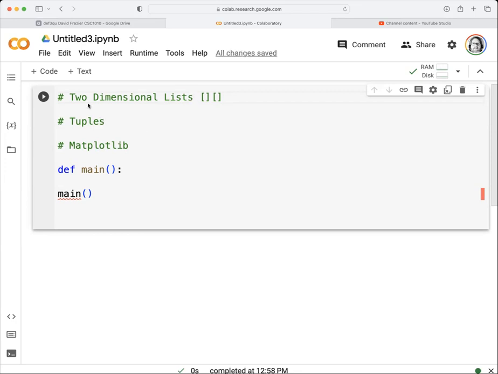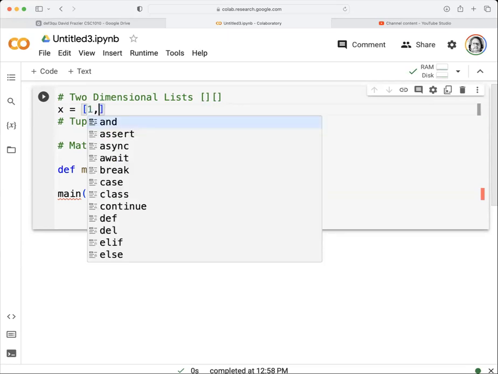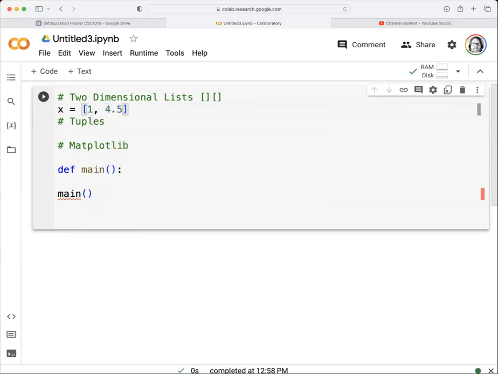Okay. So let's start with the idea of a two-dimensional list. We know our lists can contain anything. They contain ints, floats, booleans, strings, whatever you want. Well, it turns out that they can also contain other lists. So what that allows us to do is, in essence, model